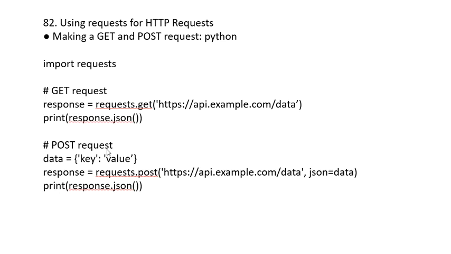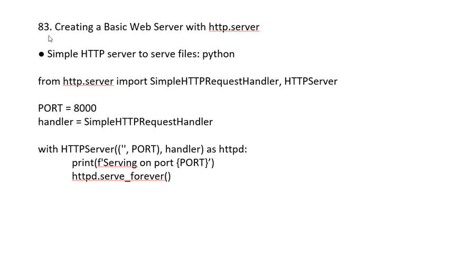And the POST request: use data equals {'key': 'value'}, and response equals requests.post('https://api.example.com/data', json=data), and print(response.json()). Topic 83 is creating some basic web servers